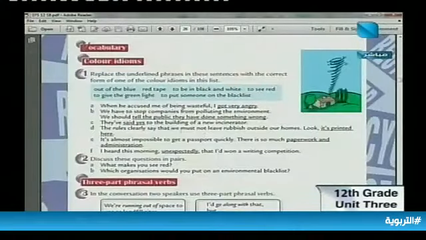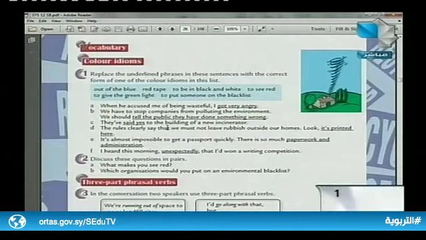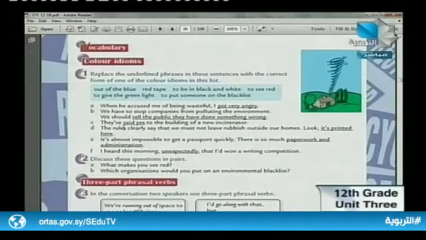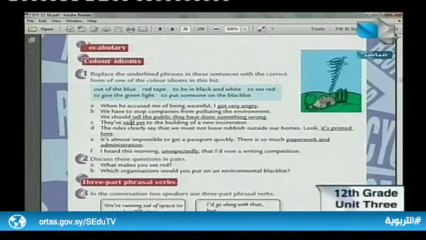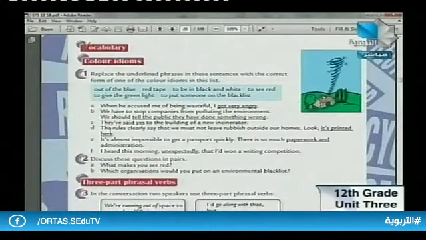Thank you very much. C. Yes, Ms. Reem. They have said yes to the building of the new incinerator. "Said yes" is replaced. It means that they agree. They agreed. So it is replaced by "they have given the green light." "Given" is in the third form of the verb. And I think we use this same idiom in Arabic. Yes, even "I saw red." He saw red. Yes, we use it in Arabic. You're right. So we have to use the past participle, the third form of the verb "give." They have given the green light to the building of the new incinerator.